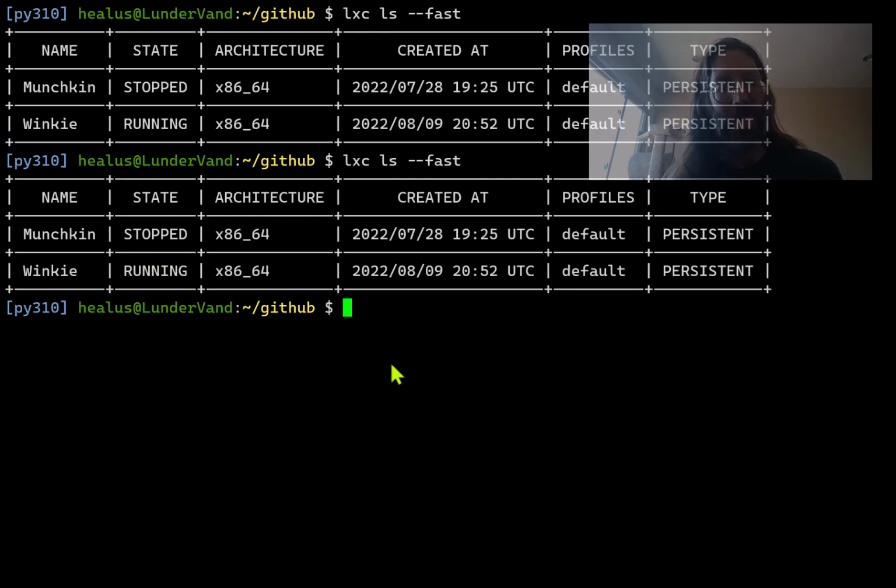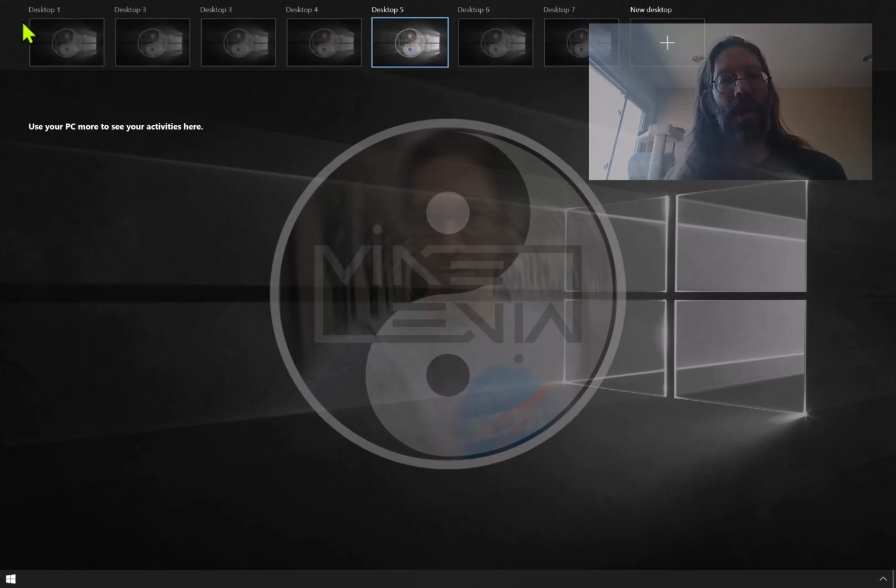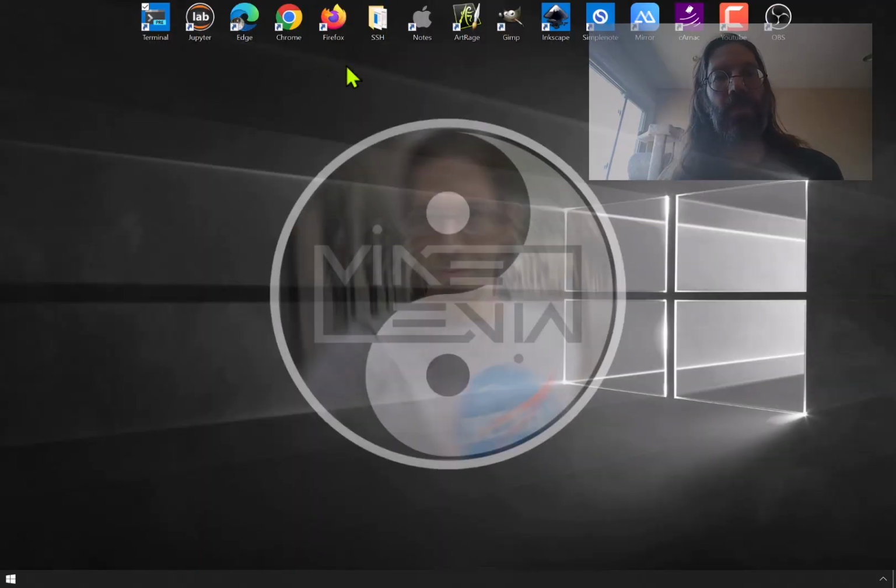And just because you can't see it, even if I close this one, we're now back to where we were. 7 virtual desktops, nothing running on any of them. But this is still a Windows 10 system playing host to Linux, which is still running. And that Linux is playing host to Linux containers, one of which is still running. So we get into it